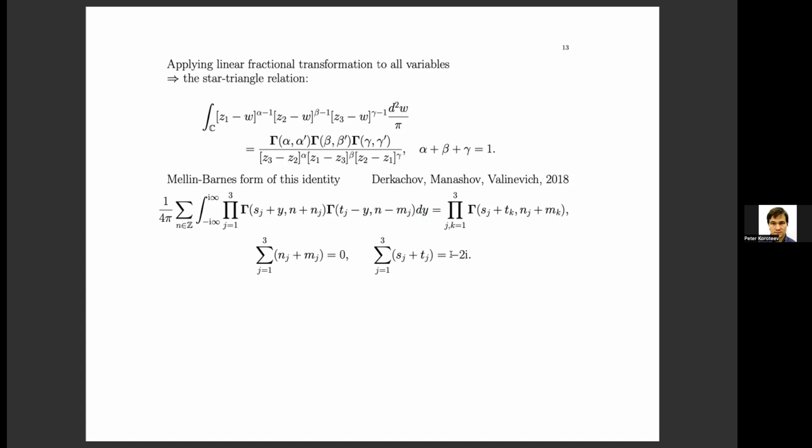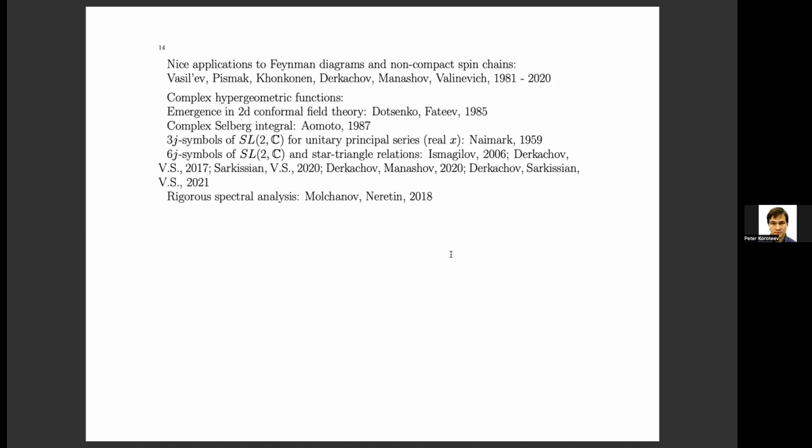So this is the relation which shows you the richness of the thing, because this relation was used many times in quantum field theory, and I will not mention it, not to lose time, but somehow it's a very popular and widely used relation. The thing which I would like to mention is the fact that the measures of such type, the Mellin-Barnes